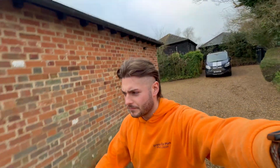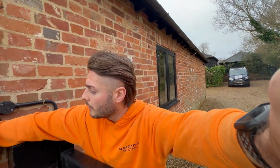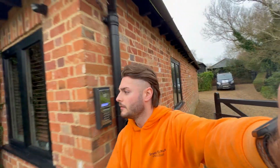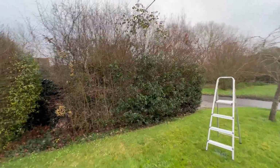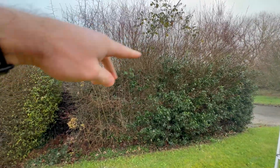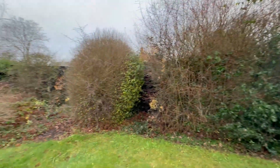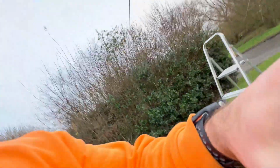All right, guys, so I'll give you a brief little walk around of what we've got to do. All right, so this is the front hedge that we've got to do. Like I said, it's nothing big, but we'll be taking it down to about there, so a good half off. You can kind of see where it's grown up, where the original hedge line would have been. So that's what we're doing at the front. We'll give that a rough little shape. Just take off the whispery ends around the top there, and then